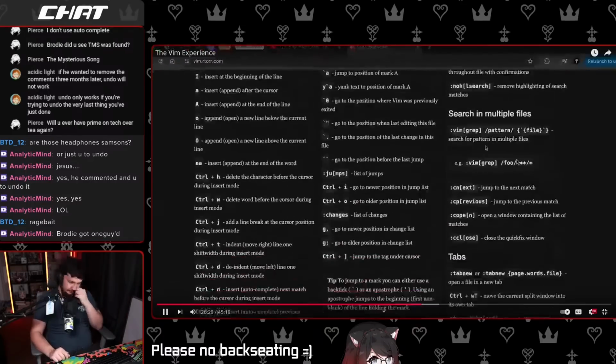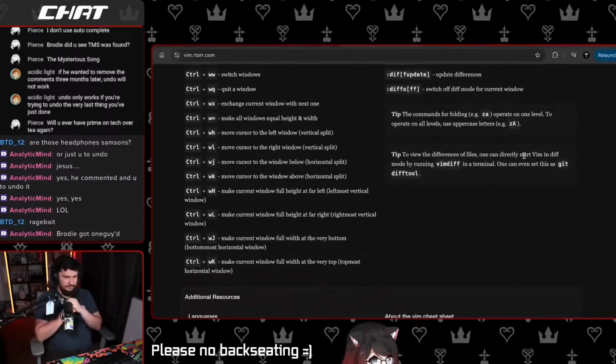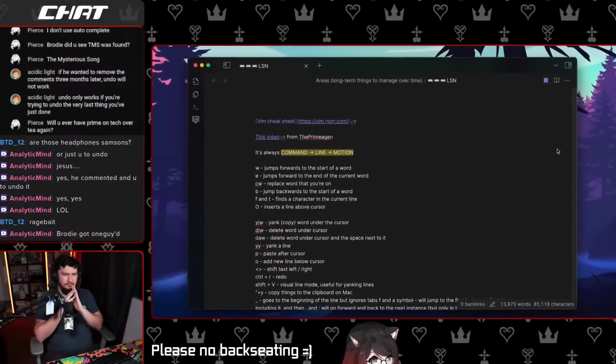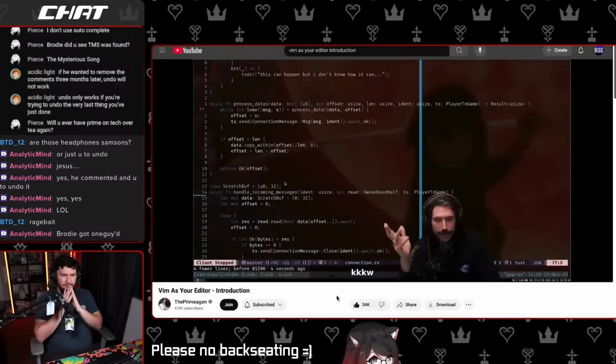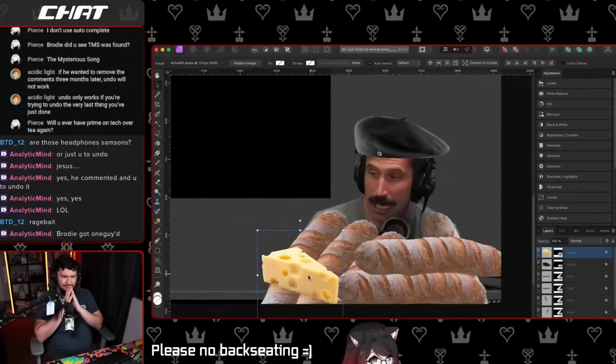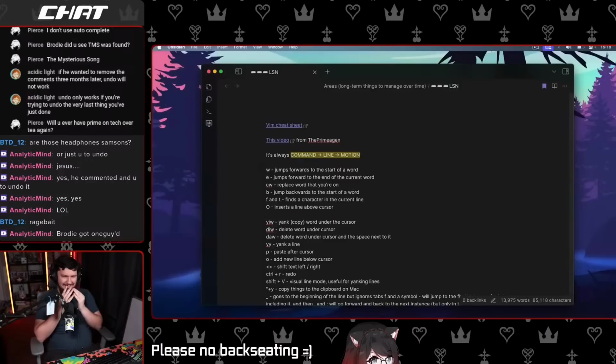keyboard shortcuts in one single page. You know, just a few keyboard shortcuts that you might want to remember. So I picked a few of these up from here, and also the Primogen videos, who is the most notorious Vim user. The baguette? The French. And here are the things I learned.